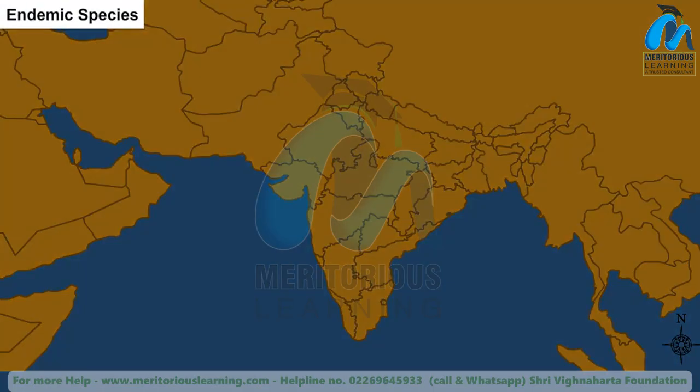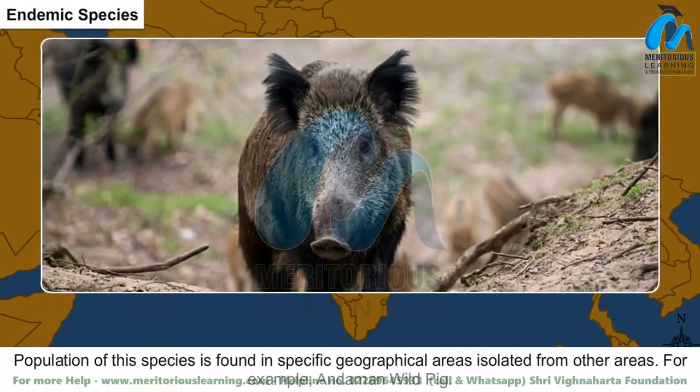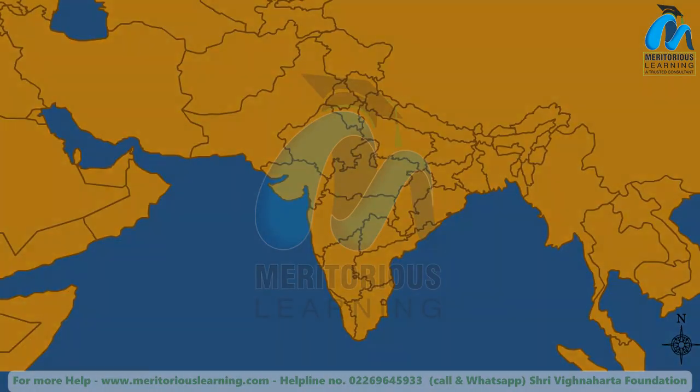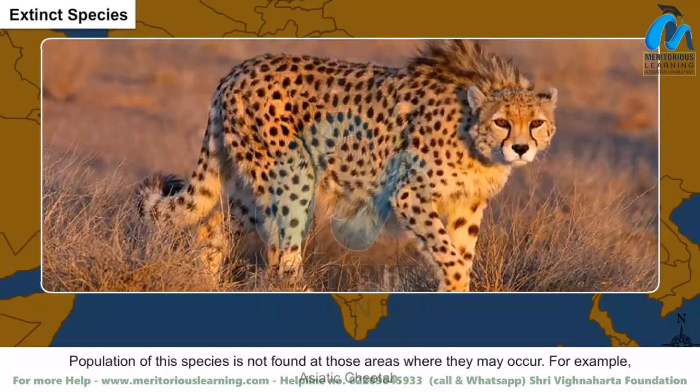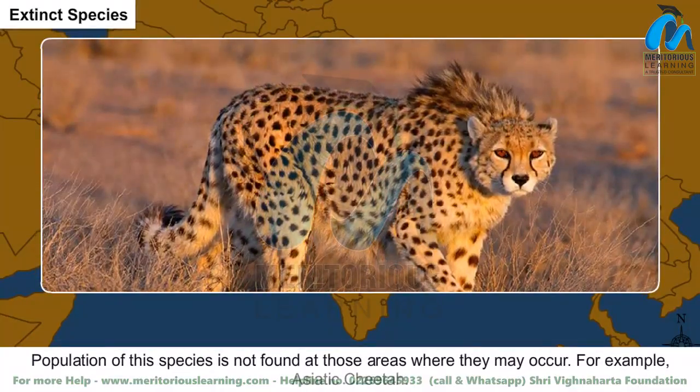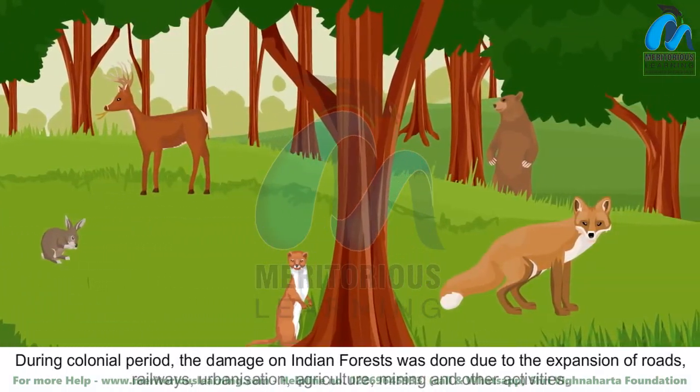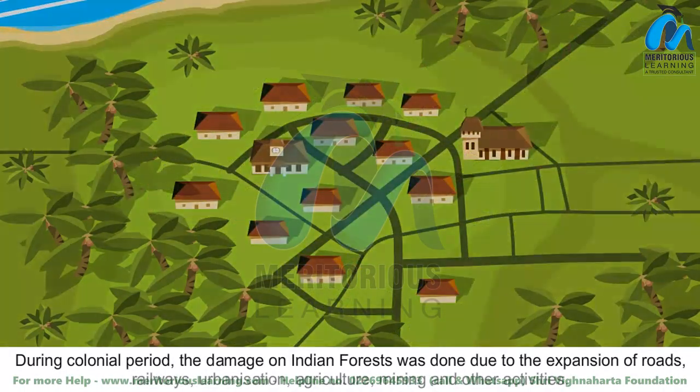5. Endemic species. Population of this species is found in specific geographical areas isolated from other areas. For example, Andaman wild pig. 6. Extinct species. Population of this species is not found at those areas where they may occur. For example, Asiatic cheetah. During colonial period, the damage on Indian forests was done due to the expansion of roads,